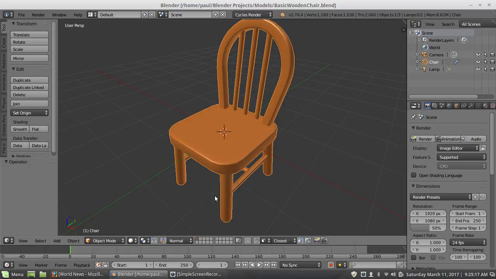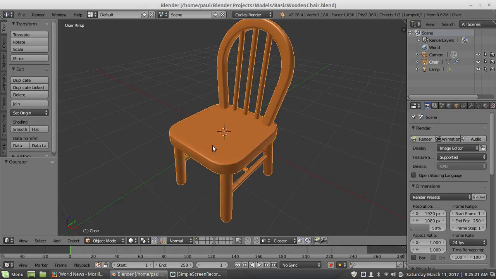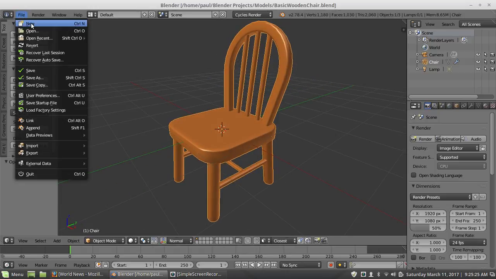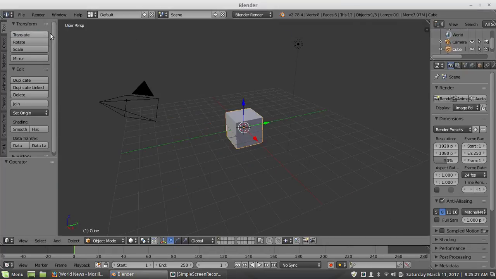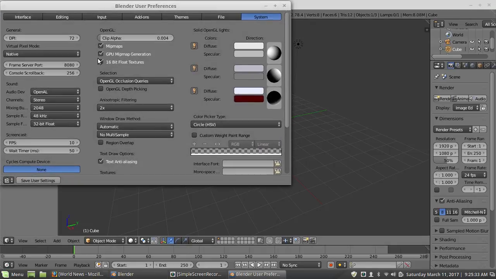So let's start recording. I'm recording on a simple basic chair. So I'm going to start from scratch. New reload startup file, and while I'm doing this, before we continue on, I'm going to go over my settings,